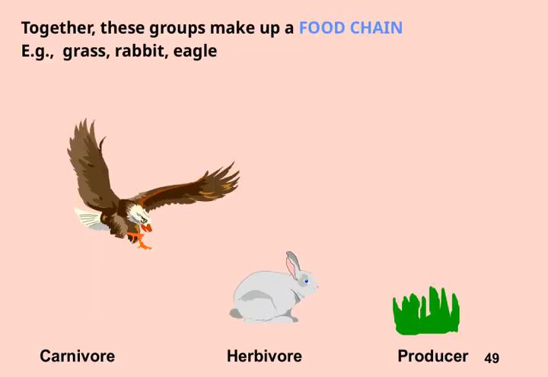Together, these groups make up a food chain. Think of it as a sequence where energy and nutrients pass from one organism to another. For example, imagine grass, then a rabbit that eats the grass, and finally an eagle that preys on the rabbit. Now, within this chain, there are different roles. A producer is the organism like grass that makes its own food through photosynthesis. Herbivores, like the rabbit, eat plants, and carnivores, like the eagle, eat other animals. Understanding these roles helps us see how energy flows through ecosystems, connecting to the bigger picture of how life is